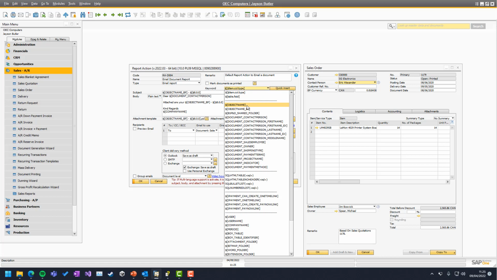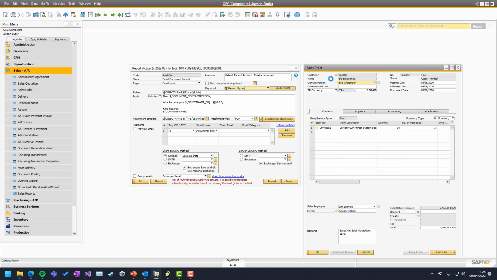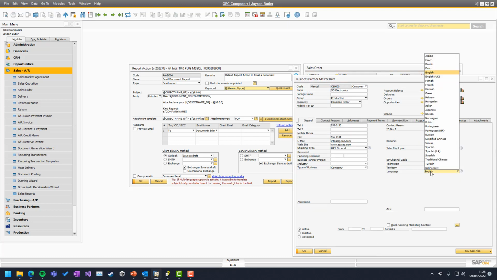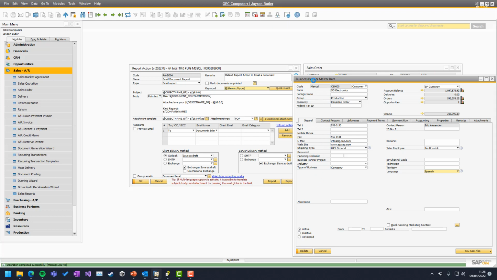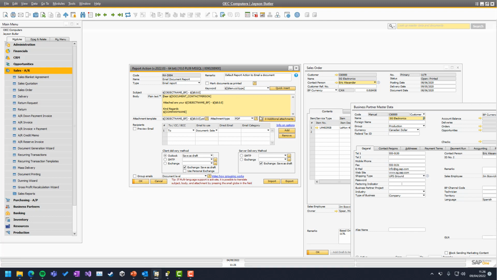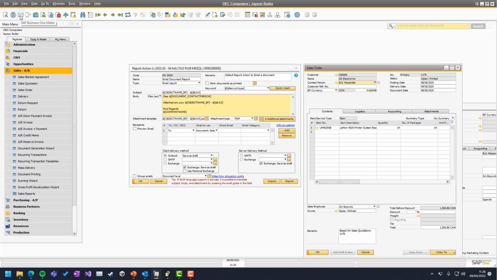If you just take it as object name, it will be in the language of the user running. But if you take object name BP, it will actually be in the language of the business partner in the system. So for example, here I run English, but if I switch to Spanish on the customer and run the same email again,